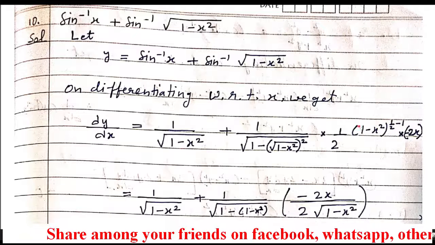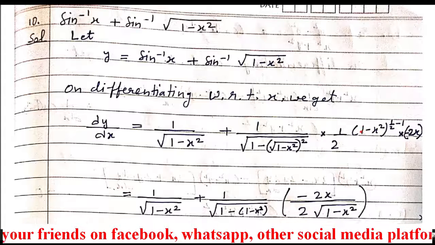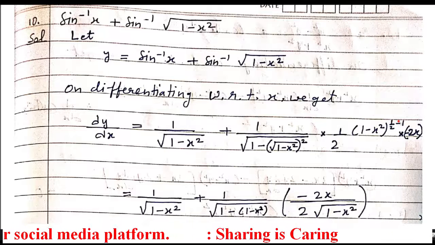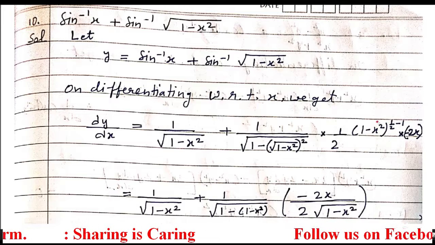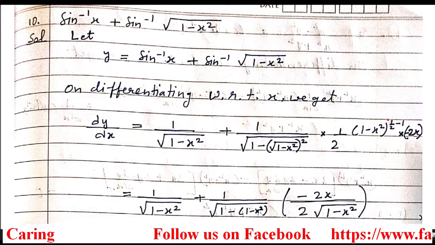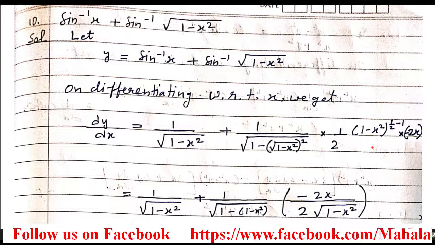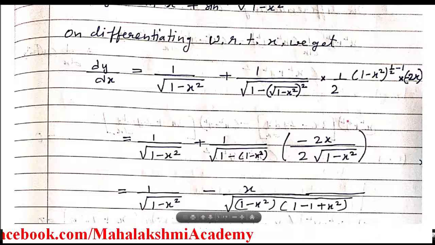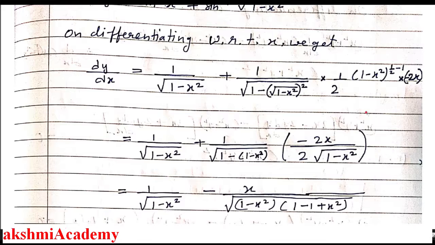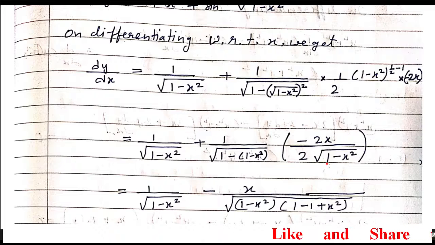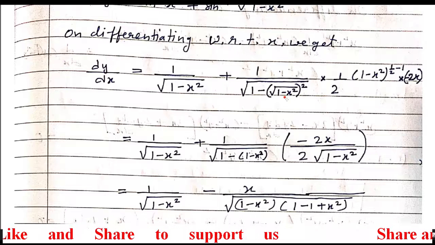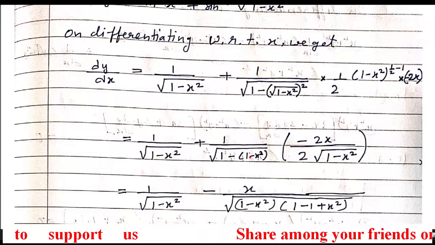Now we have to apply the chain rule again inside. When we apply the chain rule, the differentiation of 1 is 0 and of minus x square is minus 2x. Now this half minus 1 becomes minus half. If we have any bracket power minus half, because of the minus symbol it will move to the denominator, and because of the half the root symbol will come. Just see this step, this 2 as it is and this minus 2x I wrote here, and when we solve this it becomes minus half, so that minus half shifted down, and this term as it is. When we square this term, the root and square will cancel and we will obtain only 1 minus x square.